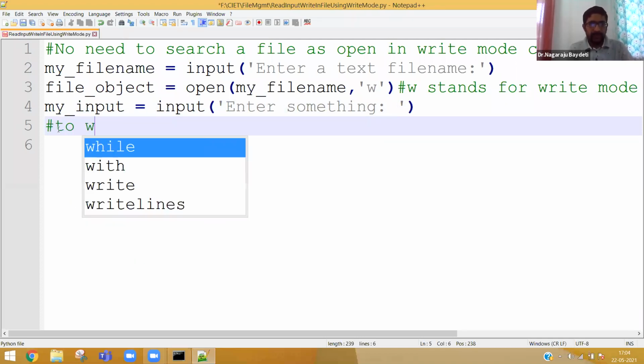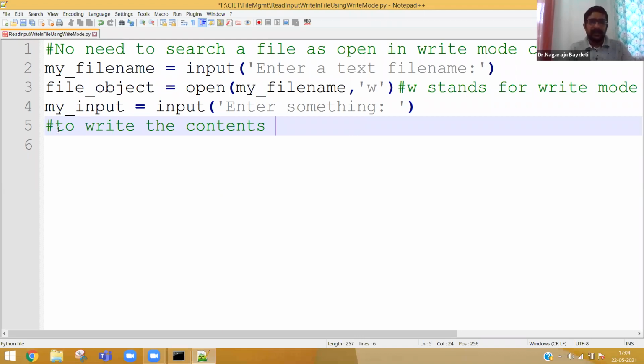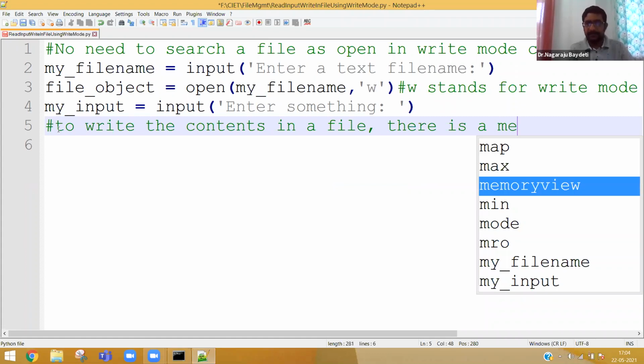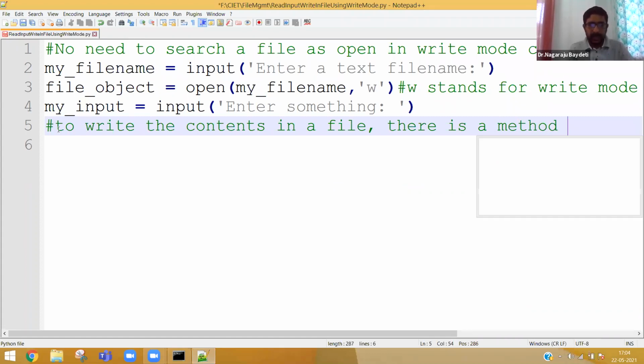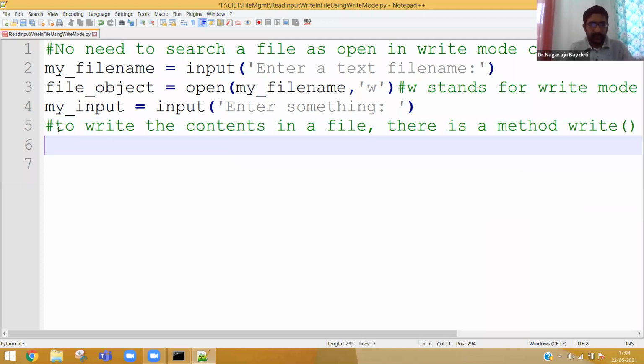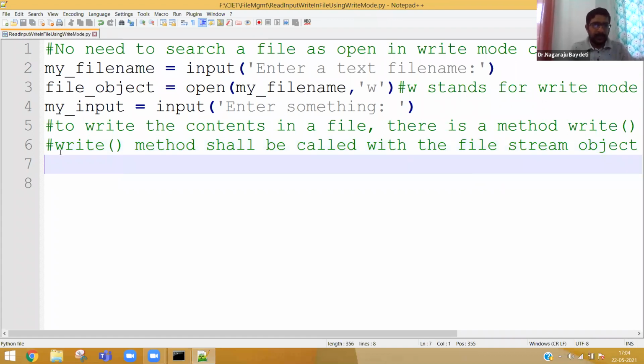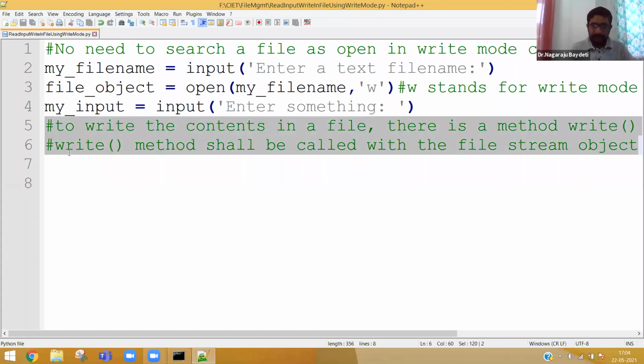To write the contents in a file, there is a method, write. The write method shall be called with the file stream object. Here what is the object? File underscore object. So let me give this in the starting part itself.